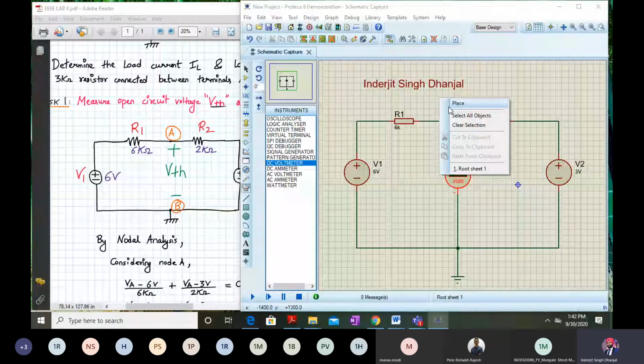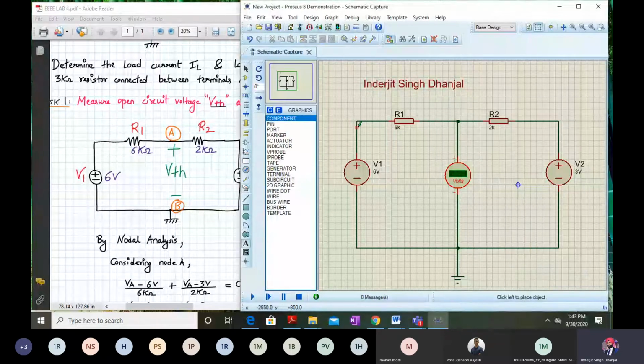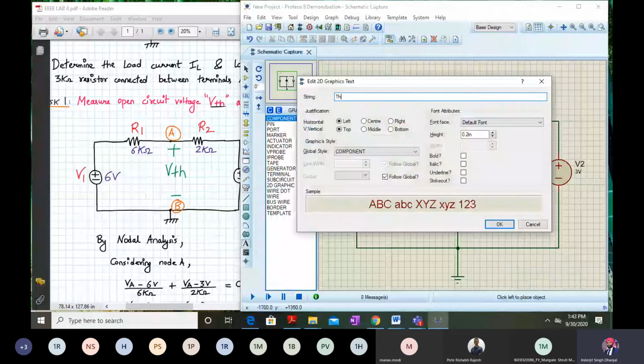So here I can add the label over there. This is Thevenin's equivalent voltage, or we can write Thevenin's theorem, finding VTH.